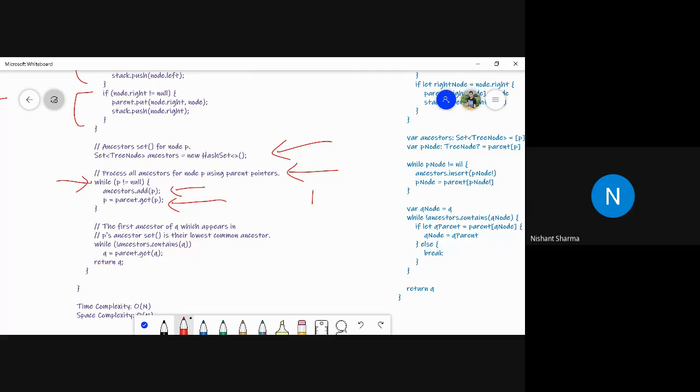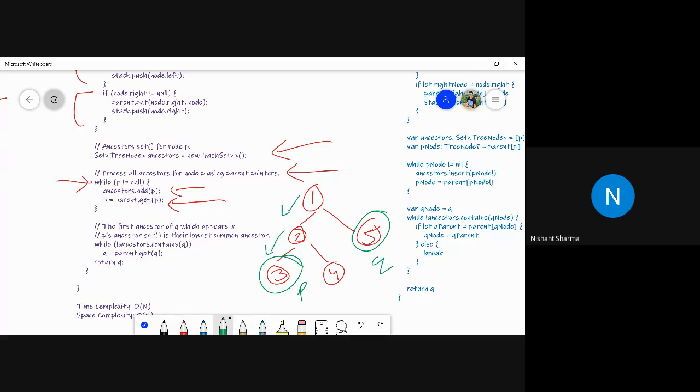For example, this is my tree. And suppose these are the two nodes, P and Q. Suppose this is P and this is Q. When we were traversing like this, we stored the parent node information.